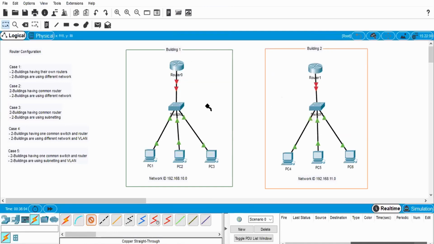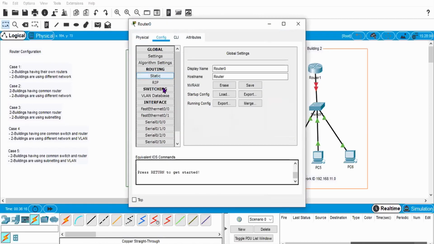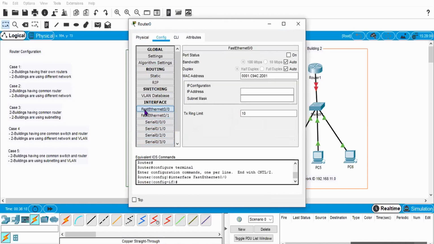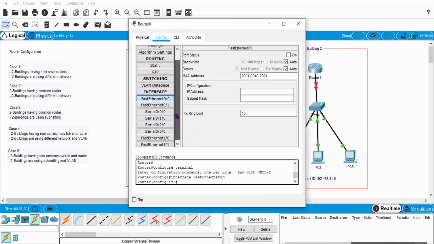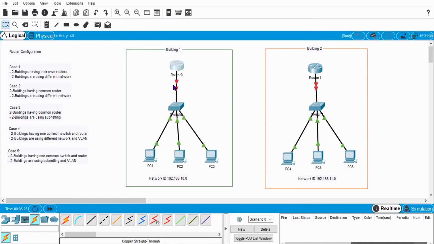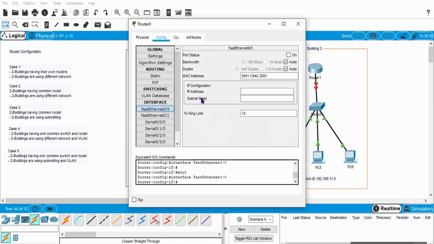After connecting these things, whenever you connect anything to a router port, you need to go to the router and, at the port where you have connected, like I have connected fast Ethernet 0/0, which you can check from here, you need to type one IP address and a netmask.